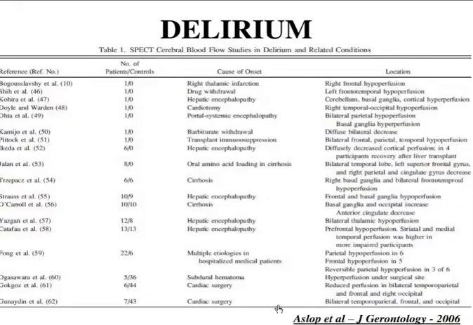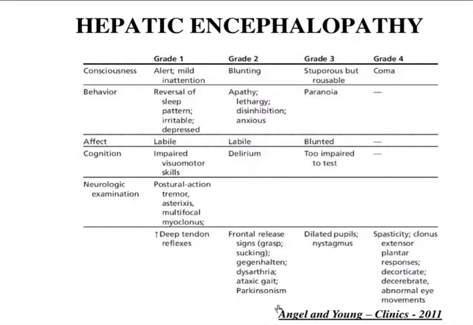So what are the other causes of delirium? We do not know the neuroradiological correlates of delirium. There were studies using SPECT cerebral flow, and it seems that there are sometimes diffuse or non-diffuse alterations of cerebral flow in various regions of the brain, especially the frontal lobe or the basal ganglia. And what about hepatic encephalopathy?